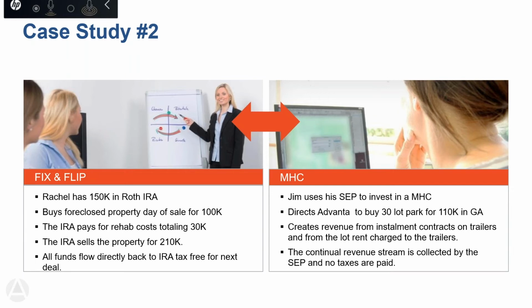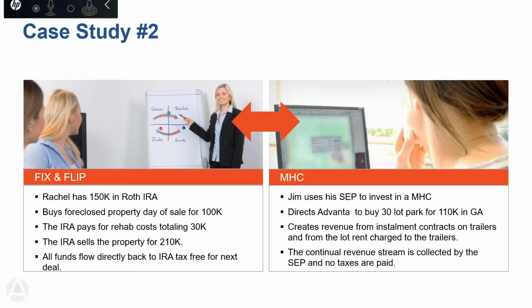Now remember, all expenses related to an IRA purchase of a property have to be paid from the IRA. So the IRA pays 30K for rehabbing the property. So remember, she bought it for 100, she has 150, she paid 30 to fix it up, so she still has 20 in reserves, and then she turns around and sells the property for 210. Now, this is fantastic. She has made $80,000 on this deal,